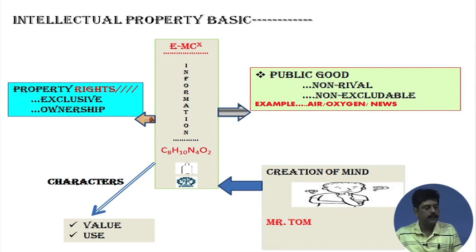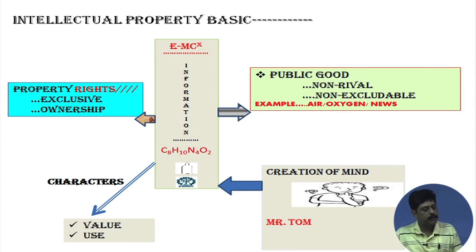If it is not given some sort of mechanisms or tools to ultimately convert that into other forms. So, Mr. Tom can think about that creation in the form of a public good, or he can think about that creation in the form of property rights. The property rights I will explain in detail in the next class, but let us say property rights